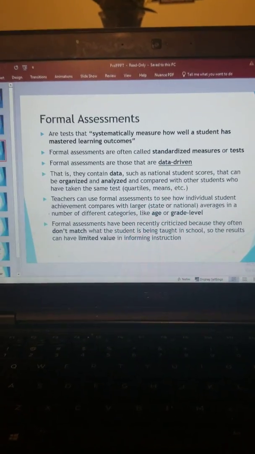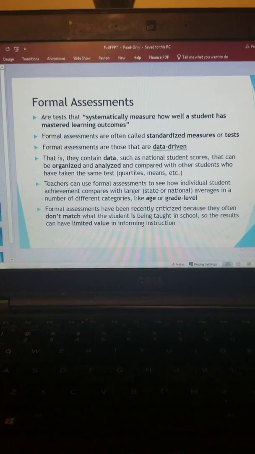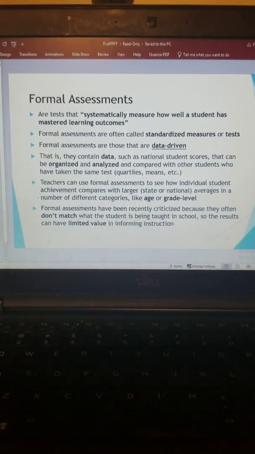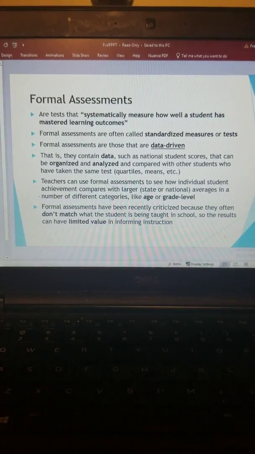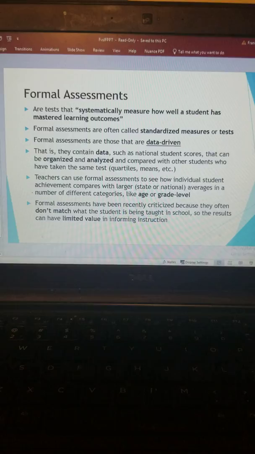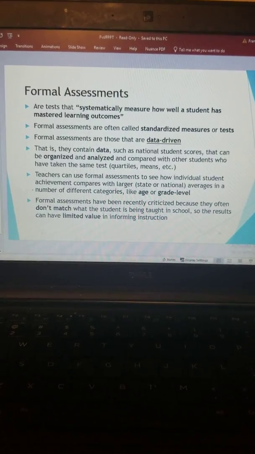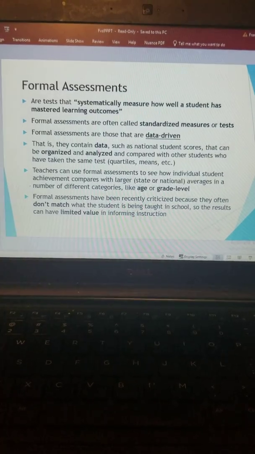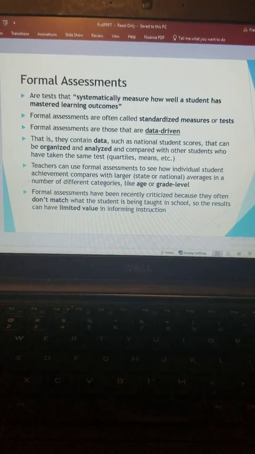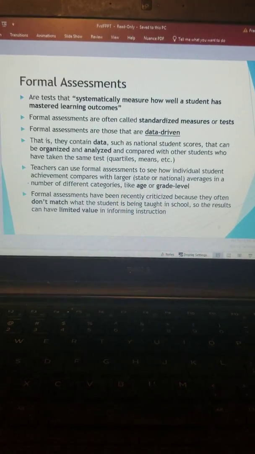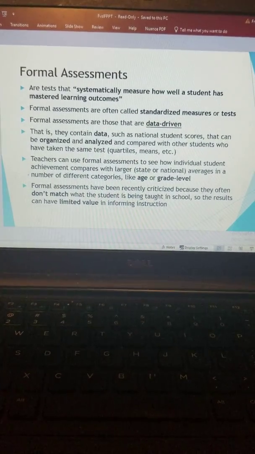Formal assessments are tests that systematically measure how well a student has mastered learning outcomes. Formal assessments are often called standardized measures or tests. Formal assessments are those that are data driven. That is, they contain data such as national student scores that can be organized and analyzed and compared with other students who have taken the same test,